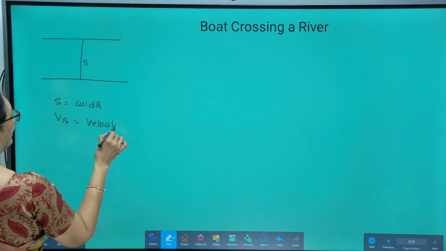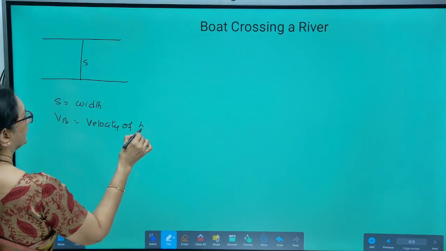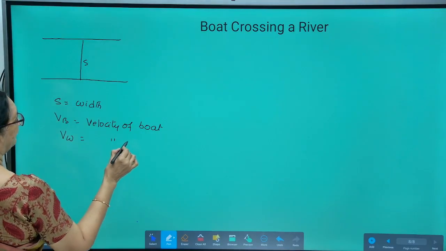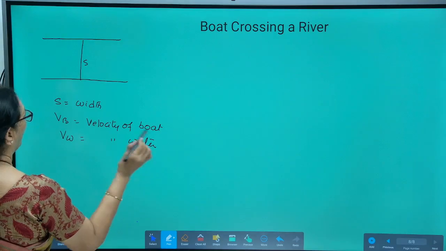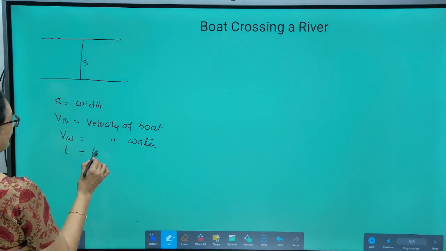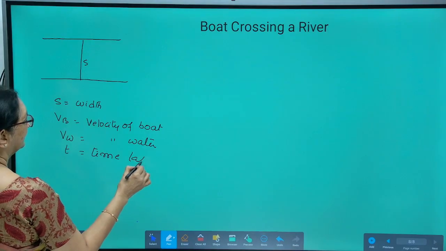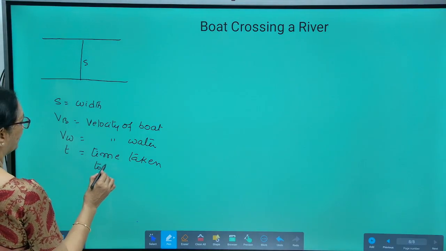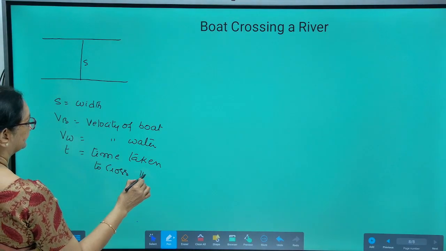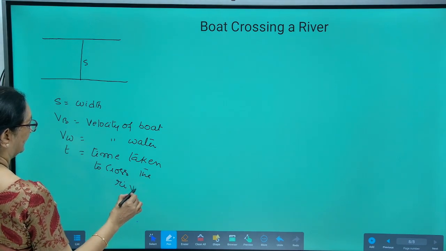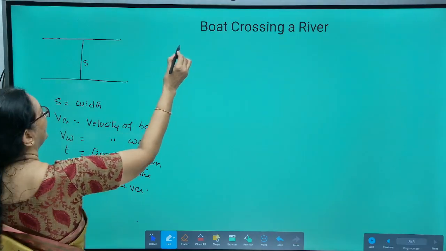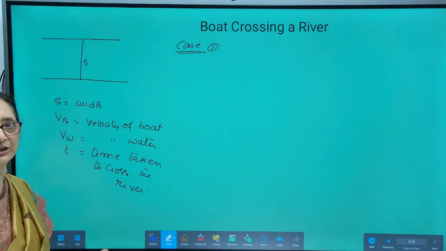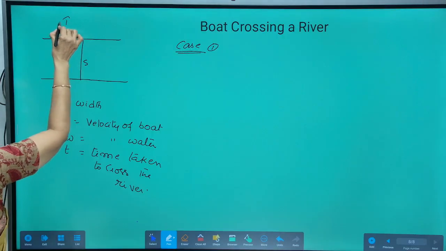VB is the velocity of the boat. VW is the water velocity, velocity of water. T is the time taken to cross the river. And here, in the first case, case 1, he wants to reach